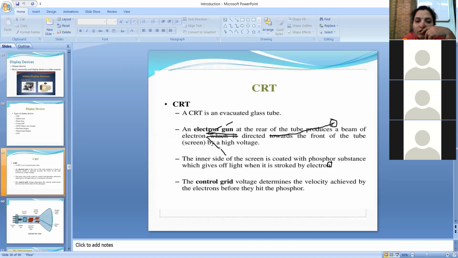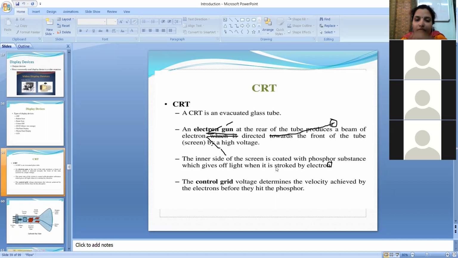Okay, so CRT, electron gun, it is at the rear of the tube. It produces a beam of electrons which is directed towards the front of the tube with high voltage. So the high voltage is provided, it will generate the electron beam, and it will travel towards the phosphor coated screen. The inner side of the screen is coated with a phosphor substance which gives off light when it is struck by electrons. So it will glow, that is, it will generate light when the coating is struck by the